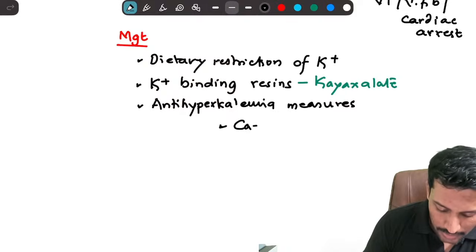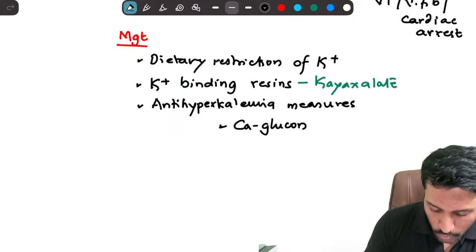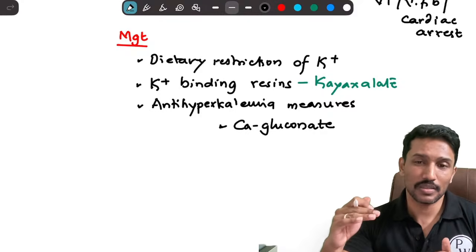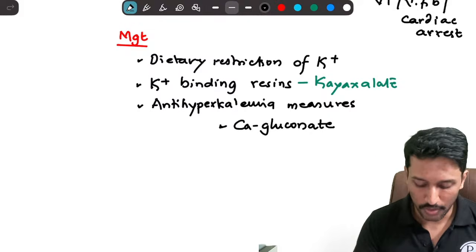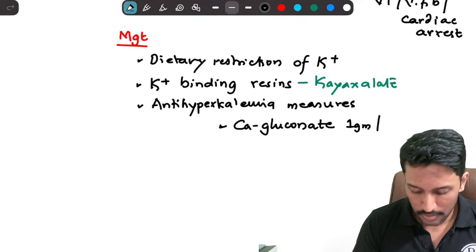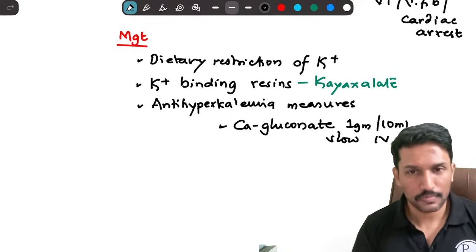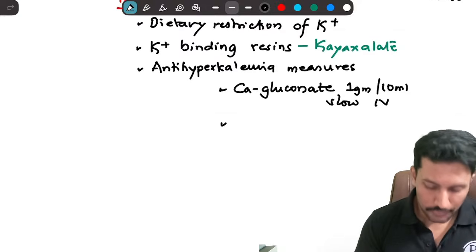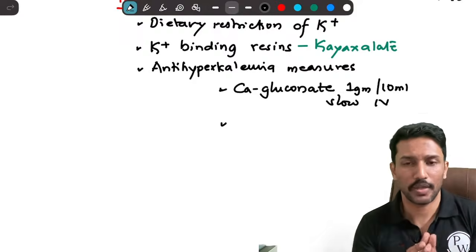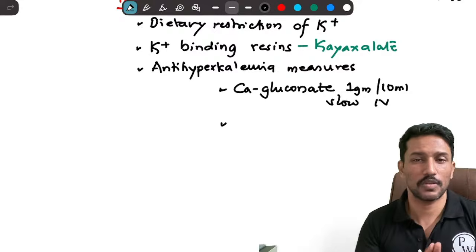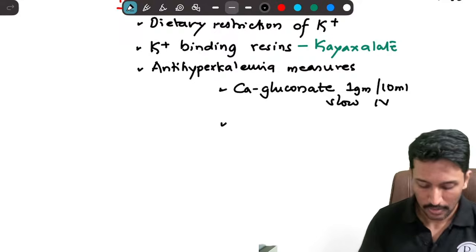That can be protected by calcium gluconate. Calcium gluconate acts as a membrane stabilizing agent and it protects the heart from the impact of this high potassium. Calcium gluconate 1 gram per 10 ml slow IV. Okay, so now I have protected the heart from developing arrhythmias, but it is a transient protection. I need to bring down the potassium levels. How can I bring down the potassium levels? I can give